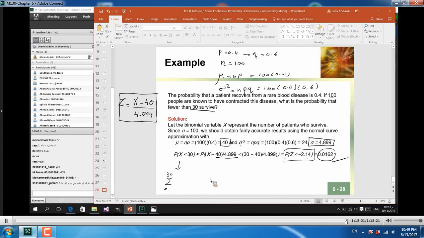But we have the calculator. I think you can find it as the binomial and it's not going to be difficult for you. Any question? Usually, to use